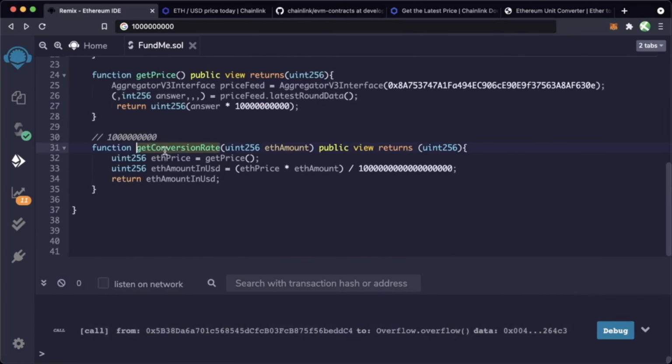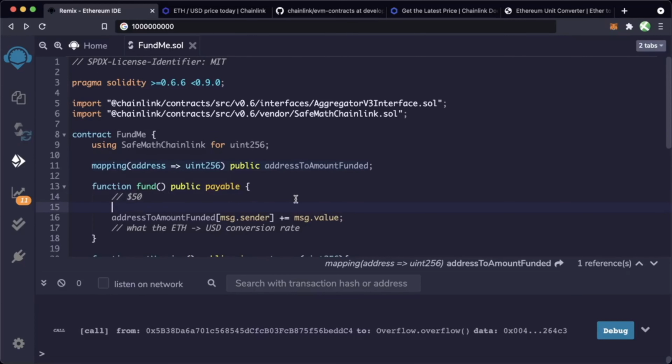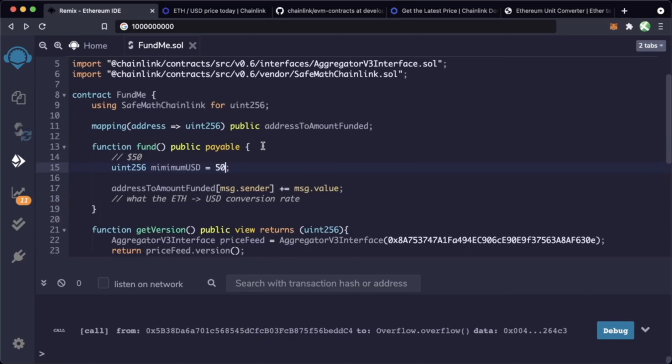We now have a way to get the conversion rate of whatever ETH is sent and turn it into US dollars. Now we can set a threshold in terms of US dollars. But how do we guarantee that whatever amount the users send when they call fund is going to be at least $50? Well, first we might want to set a minimum value. So we can do uint256 minimumUSD equals, let's say, $50. And again, since we're using everything in GWEI terms, we want to then multiply this by 10 raised to the